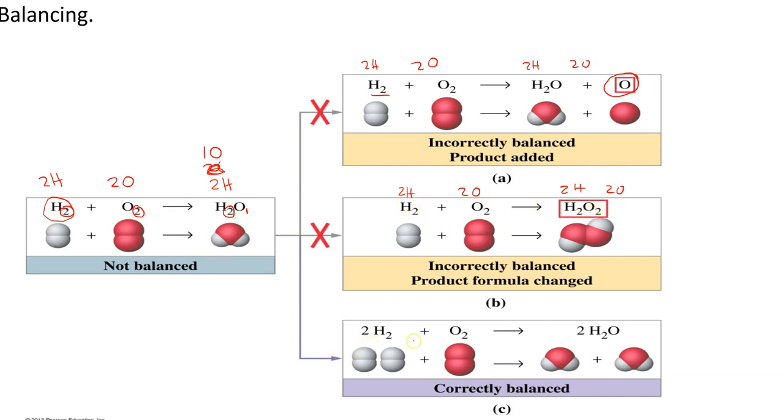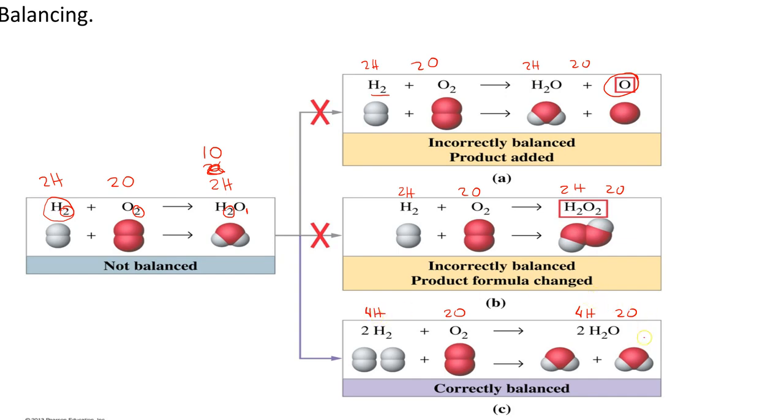So let's take a look at this last example. Here, now we have 4 hydrogens, 2 oxygens, and 4 hydrogens and 2 oxygens. That's balanced. And some of you guys may say, well, now you have 4 hydrogens, you originally had 2. That's the only way to balance this. So in order to make this work, you have to put a 2 in front of H2